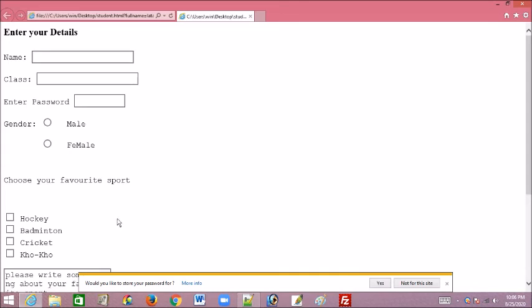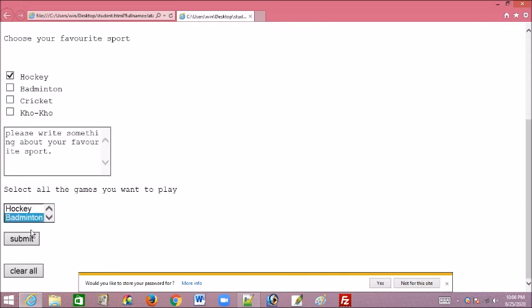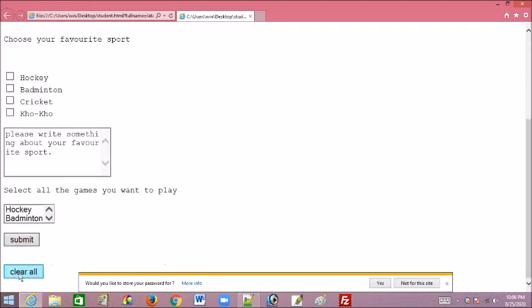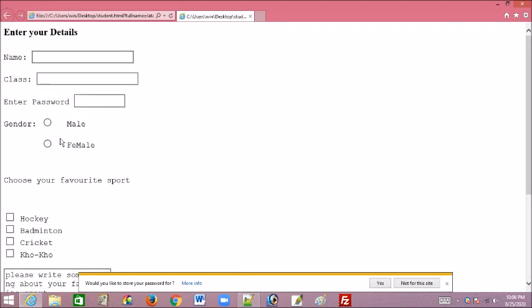That is why we are not getting anything. I'll show you the reset button. Lata, 10th, like this, and clear all. See, all are clear. When we click on this clear all button, all are cleared.